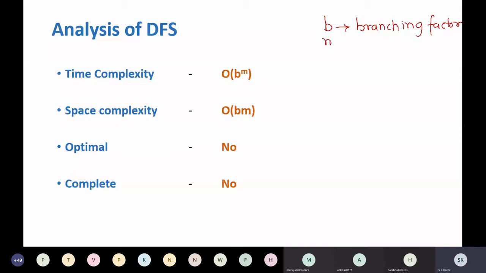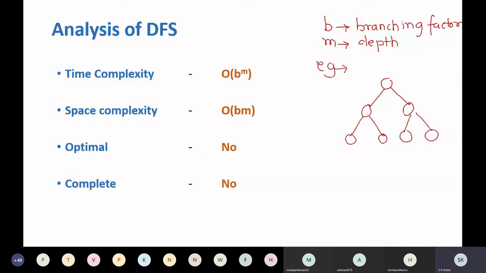M is the depth where you found the solution. That is implicit here. For example, if I draw a tree like this, what is the branching factor? What is B?